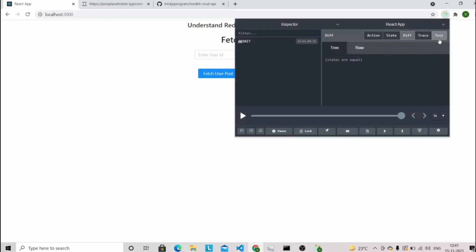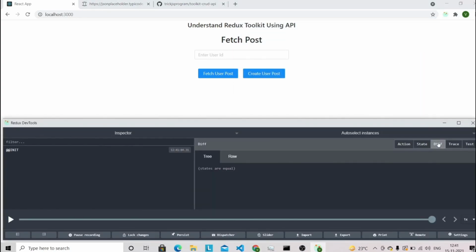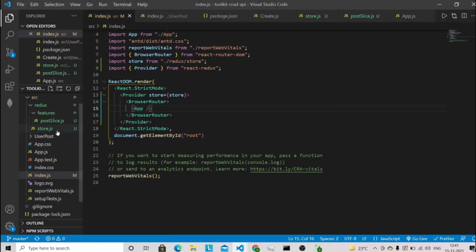You can see that after clicking on state, we have got this initial state in our application, like post, loading, error. These are all the initial state for our React application. You can install this Redux DevTools extension in your Chrome so that you can view this state. So let's go back to Visual Studio Code.